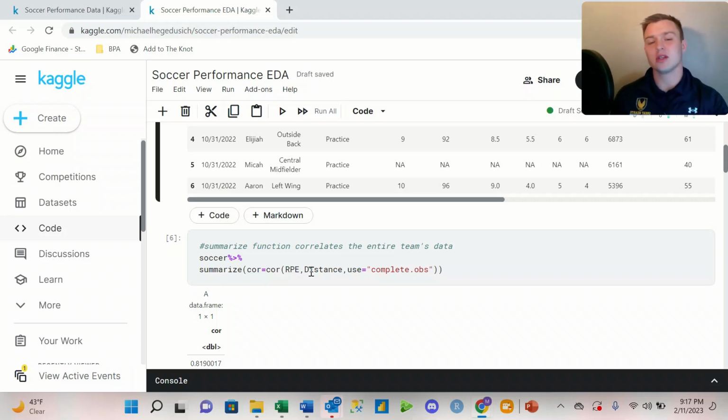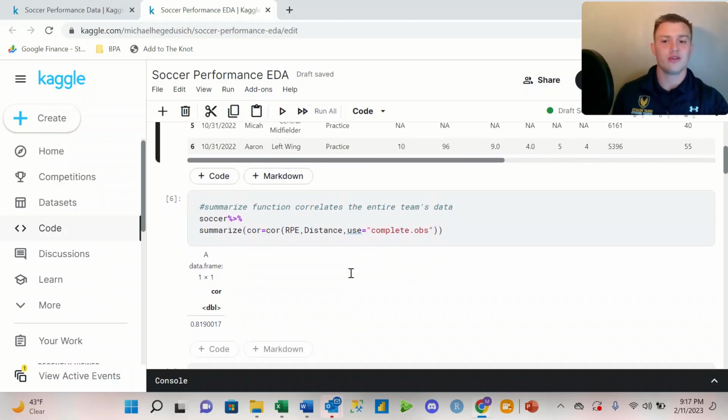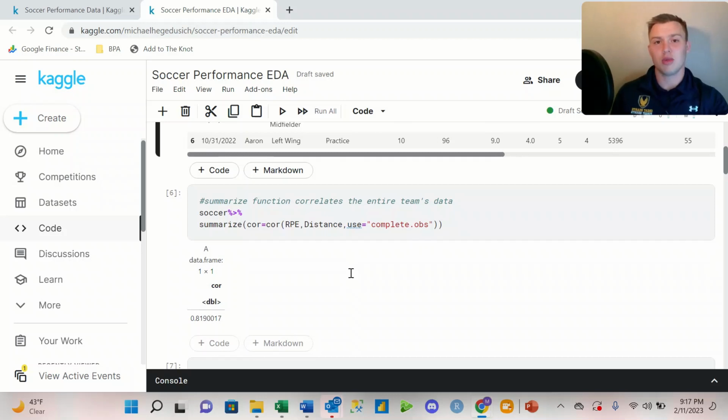Now, because there are missing data points within our data frame, we have to use use equals complete.obs to drop those NA values so we can get a proper correlation coefficient. The issue, however, is that when we run this correlation coefficient, it's looking at all the players, whether it's a practice or a game, and giving us one singular correlation coefficient. So we have a 0.82 correlation coefficient between RPE and distance,